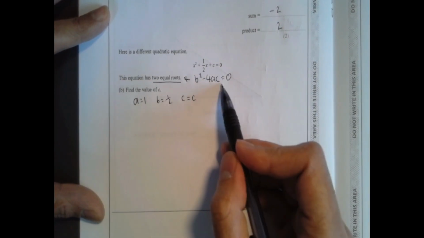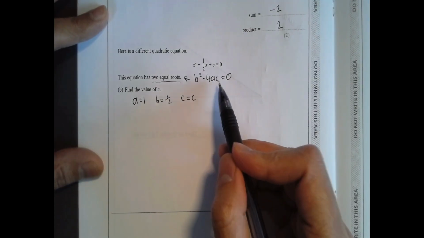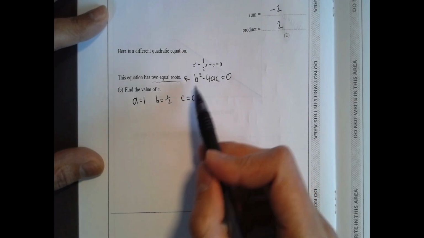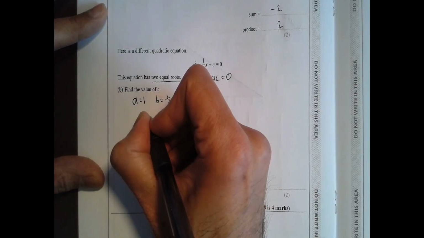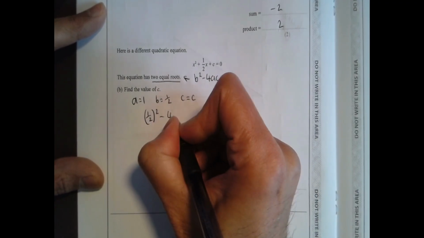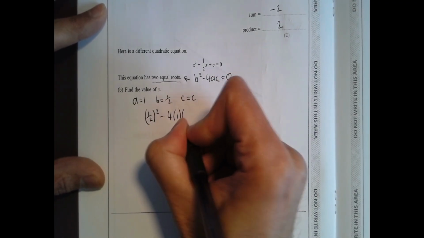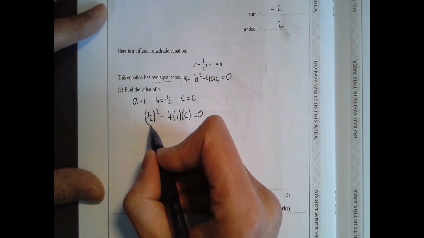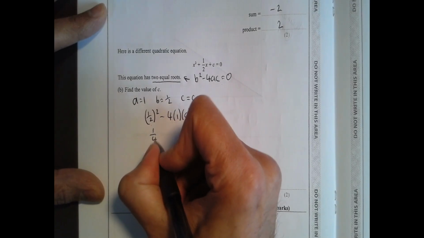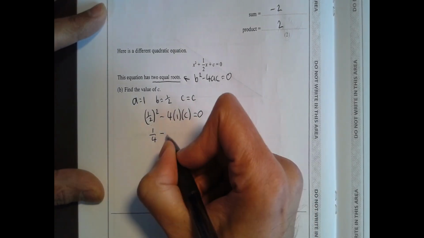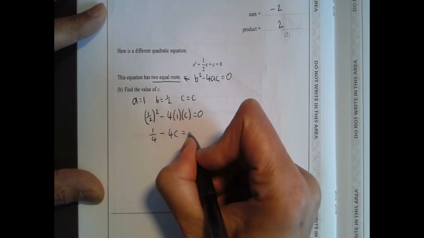I'm now going to write down what my discriminant is going to be, but remember I want to make it equal to 0 because I'm going to form an equation with it. So b squared, that's going to be a half squared, take away 4 times a, which is 1, times c, which is just c, and I want that to be equal to 0. I've now set up my equation. A half squared I know is a quarter. So a quarter take away 4 times 1 times c, which is just 4c,